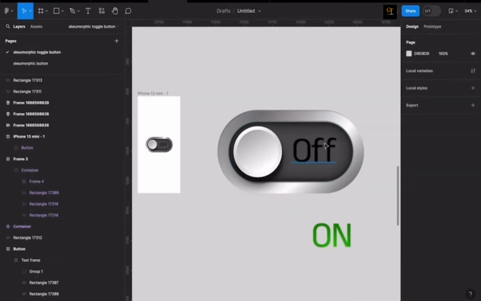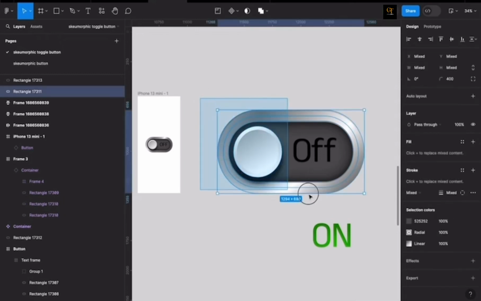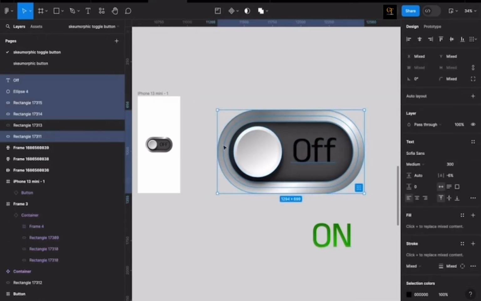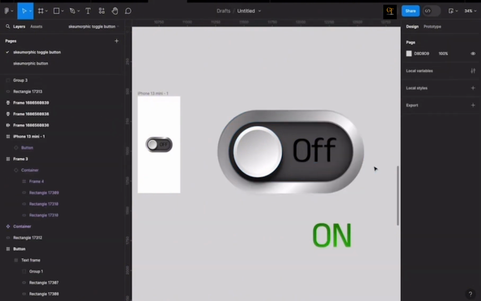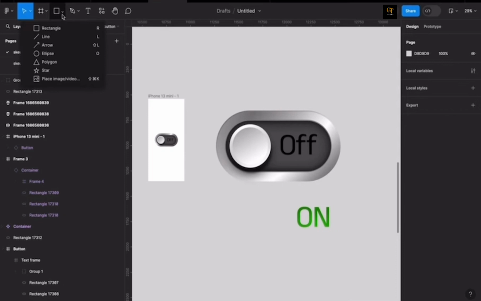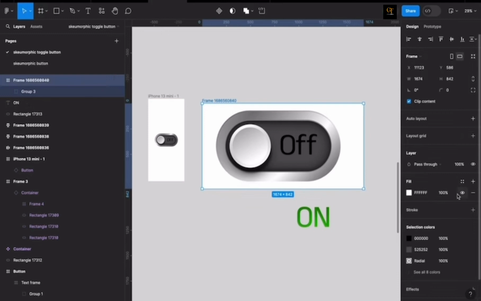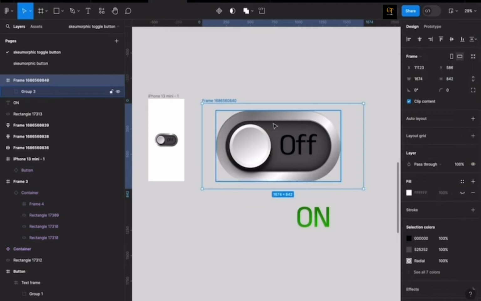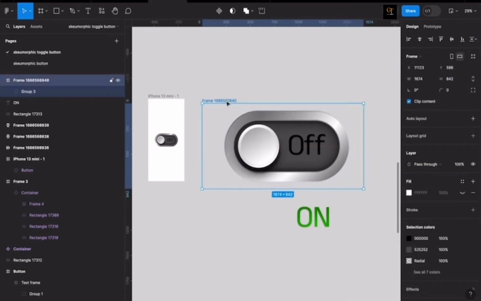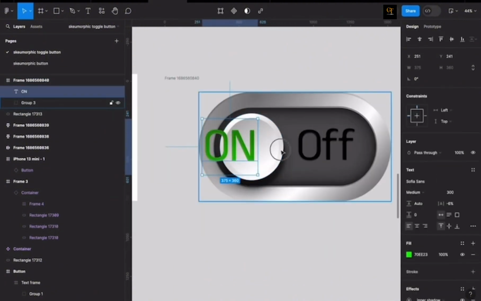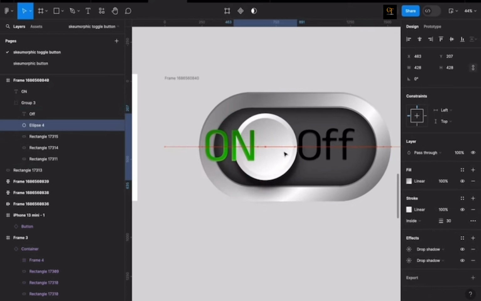But before then, we are going to highlight the rectangle, the on button and the off button rather, and we are going to group them. We're going to give it a group selection, and then we're going to add a frame to it, and we're going to close up the view of the frame. So this is it. So what next we're going to do is to the on button that we have,